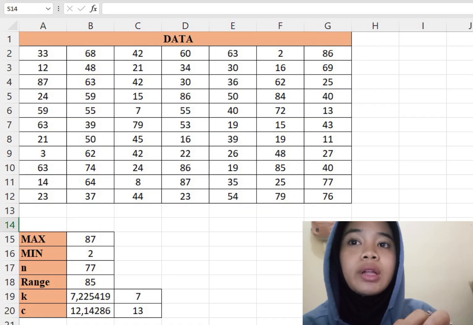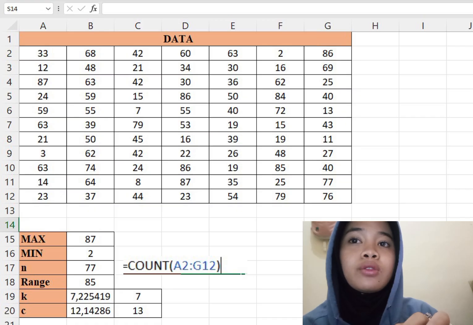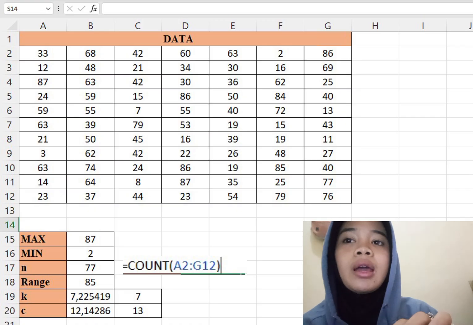Then to calculate the n value, use the formula equal count and select all data. Same as before with max and min, the only difference in the formula is count, and then select all the data and then click enter.